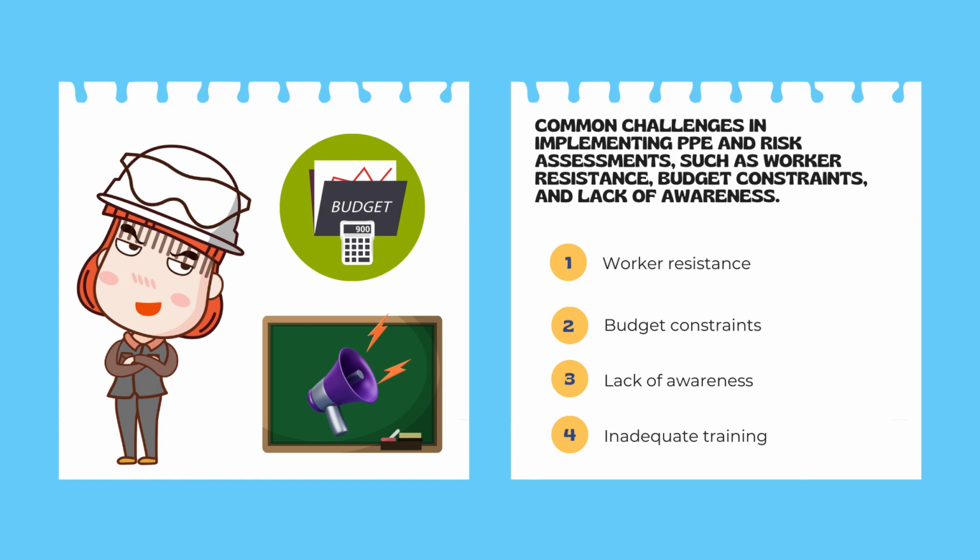Monitoring and review. Regularly monitoring PPE use and updating risk assessments can be time-consuming and resource-intensive. However, these activities are crucial for maintaining a safe work environment and adapting to changes in processes or equipment. Employers should establish a system for ongoing PPE inspections and risk assessment reviews to ensure that safety measures remain effective